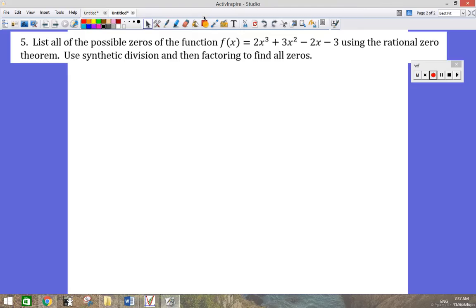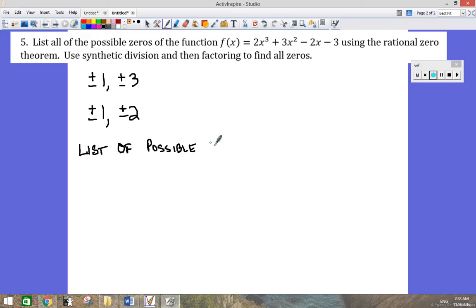So to do that, we look and see that this is written in standard form, that there's no greatest common factor. I look at my constant term, and I want factors of my constant term to be possible denominators in a ratio. So the factors of 3: plus or minus 1, plus or minus 3. Leading coefficient is 2. It has factors plus or minus 1, plus or minus 2. So therefore the list of possible